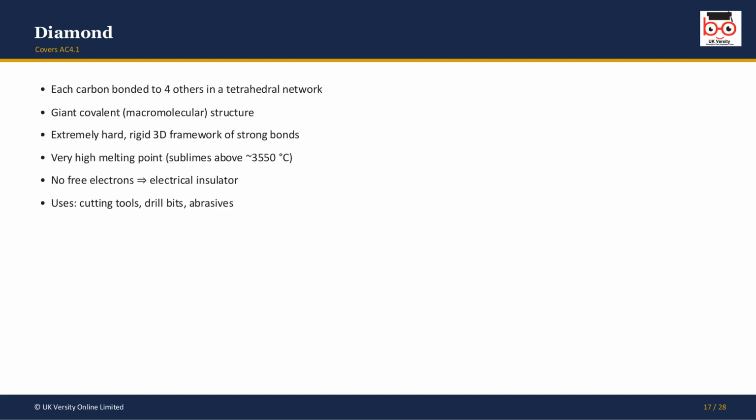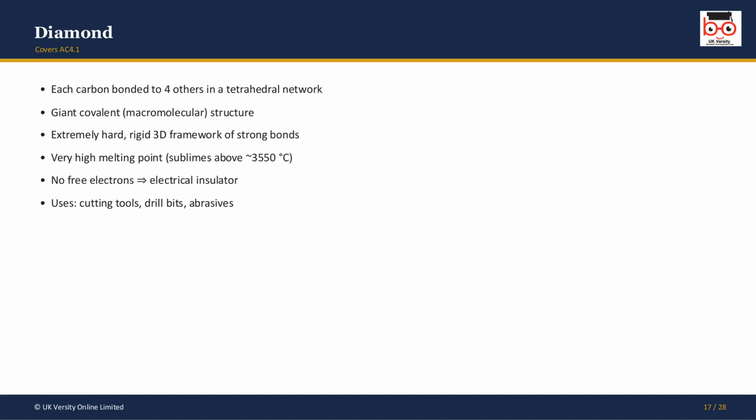Take diamond first. Each carbon is bonded to 4 others in a tetrahedral network, making it a giant covalent macromolecular structure. That rigid 3-dimensional framework of strong bonds makes diamond extremely hard. It has a very high melting point, subliming above around 3550 degrees. And because every outer electron is used in bonding, there are no free electrons, so diamond is an electrical insulator. Its uses follow from its hardness,